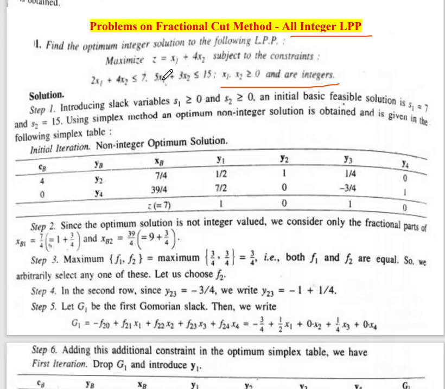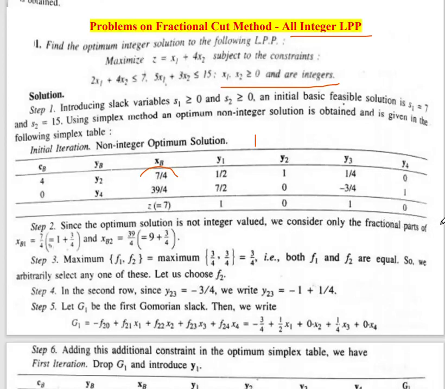Okay, so here you have to use the simplex method to obtain this table. After using the simplex method, you will get this simplex table. If you observe here, all the zj minus cj values, or you can say delta j values, here